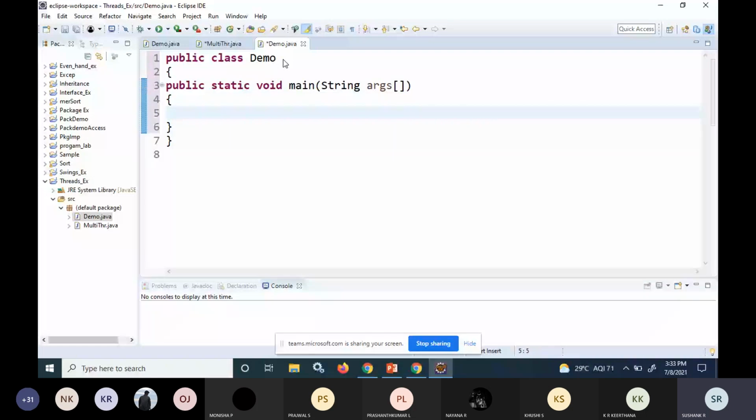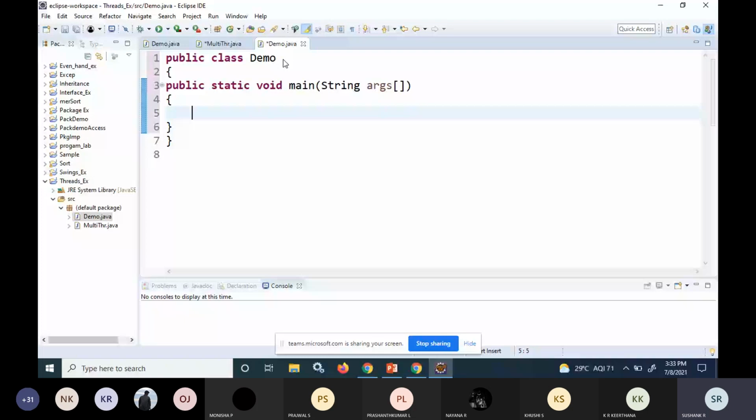When the program starts we will have one main thread, and here we are just trying to get the name of that main thread. I'm just controlling the main thread.